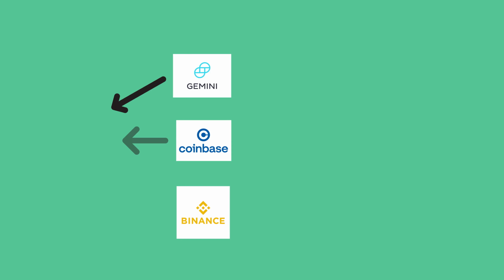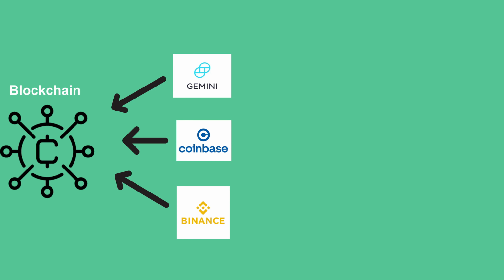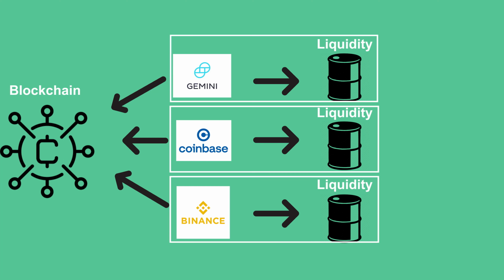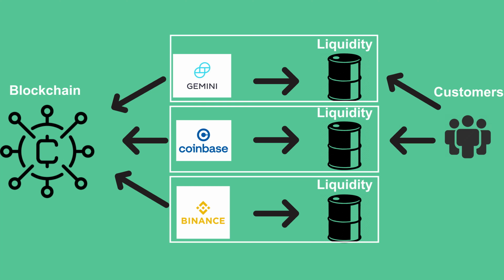And the same is with the cryptocurrency. Somebody who owns the cryptocurrency has to provide this crypto for trading, thus supporting the liquidity. And I'm not talking here about the centralized exchanges such as Coinbase, Gemini, or Binance, because these exchanges provide their own liquidity, which means that they buy these tokens from the blockchains and then you as a customer buy from these companies directly. So in other words, it defeats the purpose of being decentralized,